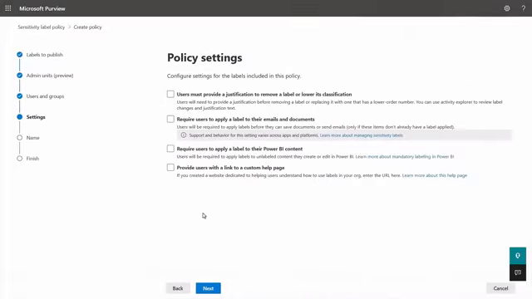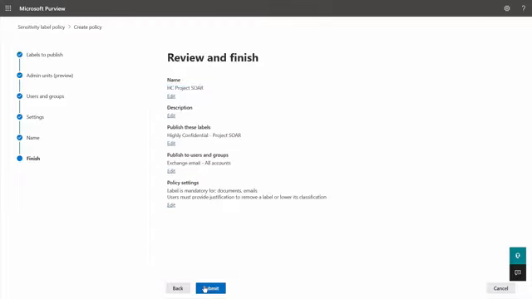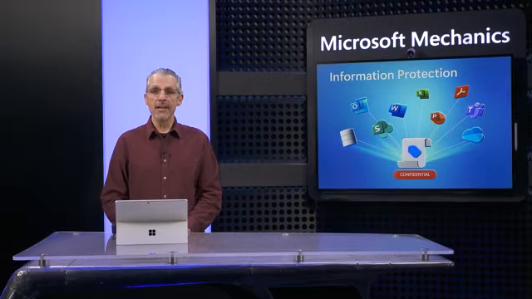In the policy settings, you have other granular options. You can require a business justification or enforce the application of labels before saving files, creating meetings, sending emails, or building Power BI content. Once you name and submit your label policies, you are done. They're now active. Finally, auto-labeling extends label controls at the service level to automatically apply sensitivity labels to email messages